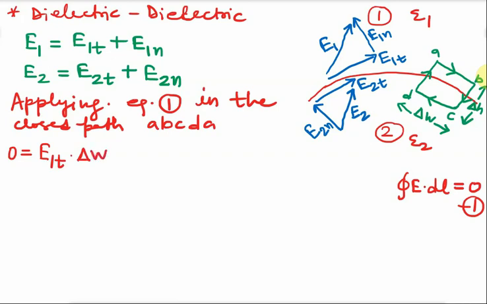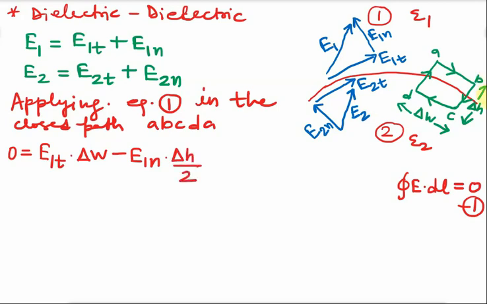Is it okay? Now when we go from B to C, half portion of this BC is in the upper part. It is along the E1N component, but we are going from B to C, going down, and the direction of E1N is up, so they are opposite in direction. So we will write minus E1N, and dot, what is the length of this upper part? Half of BC is del H by 2. So we will write del H upon 2.